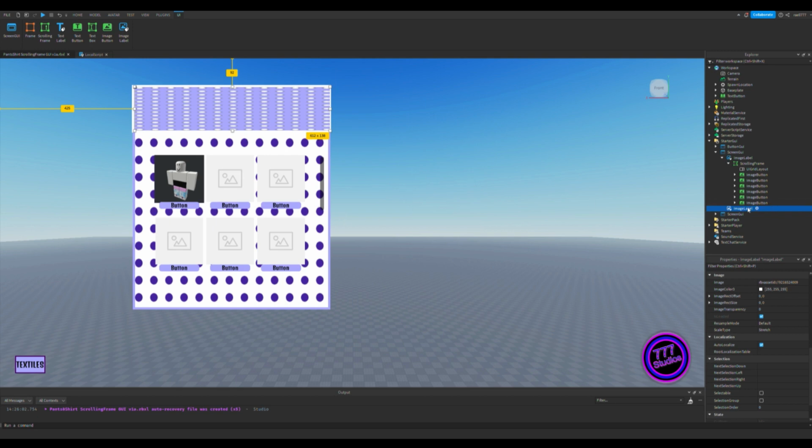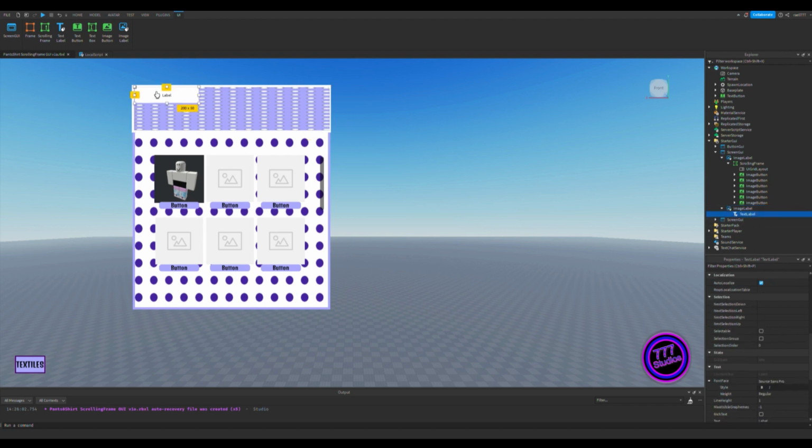All right, and now we are going to insert a text box into this image label. I mean, not a text box, but a text label. Okay. All right, so for the text label, this is going to be used as kind of like the title, and I called it textiles up here. And you can use whatever name you want. So I'm going to resize it